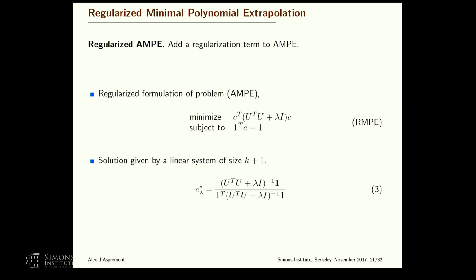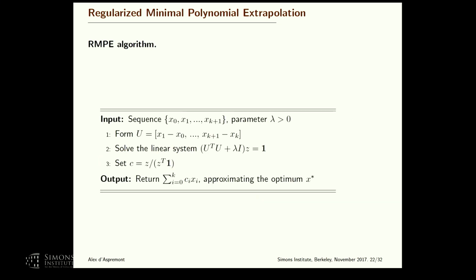But you can regularize, and it turns out that the simplest possible form of regularization, which is Tikhonov regularization, is enough to solve these stability issues. So instead of solving the original minimization problem, you solve this one with a penalty lambda. And of course, the entire trick here is to calibrate this penalty lambda. And you get optimal weights here. And so this is what the method actually looks like.